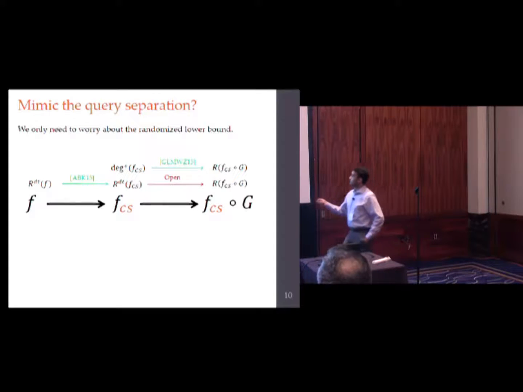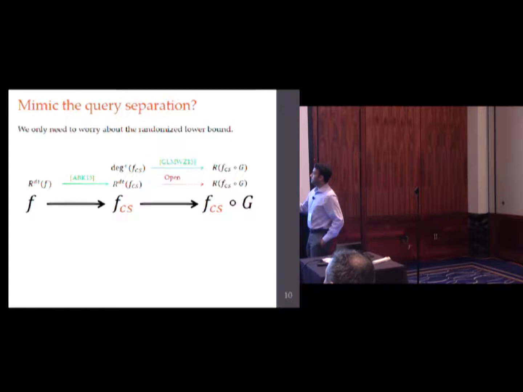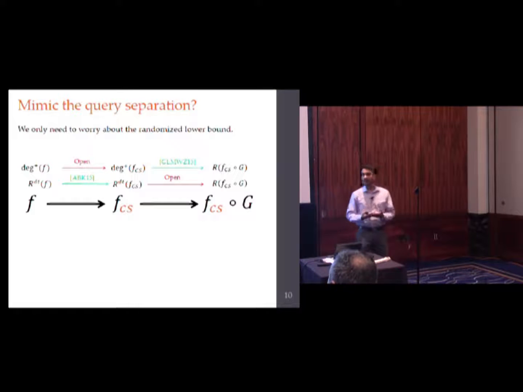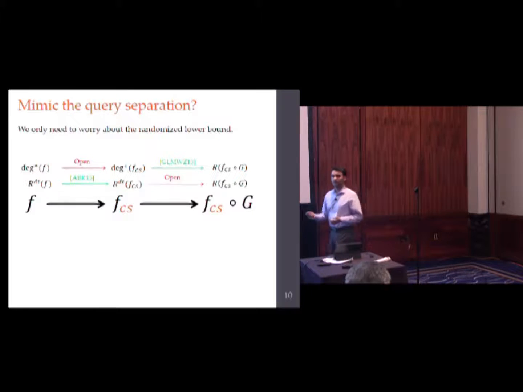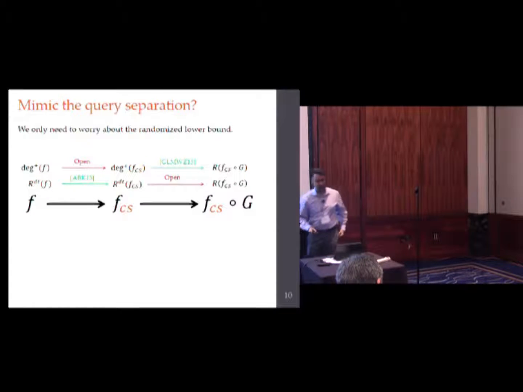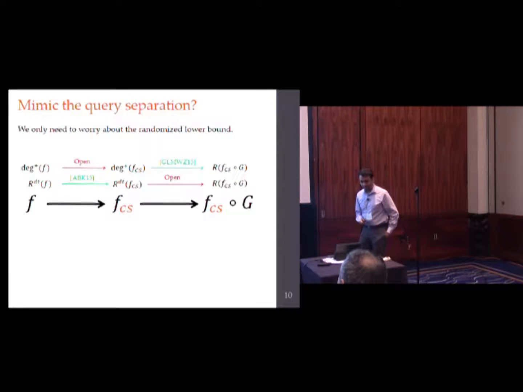We can lift it, but the problem is you would also have to start out with this function f and show that the conical junta degree of this cheat sheet function is also high. And this is something we don't know how to do. So we don't know how to say that if the original function you started out with had high conical junta degree, whatever that is, I'm not going to define it, then once you apply this cheat sheet transformation, the conical junta degree remains high. So OK, we don't know how to prove that, so that's a shame. So what do we do?